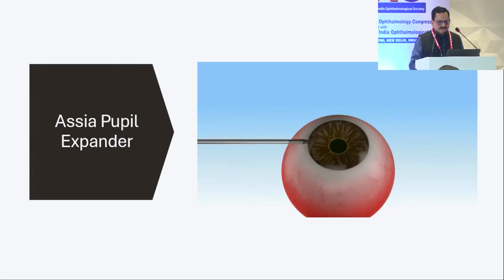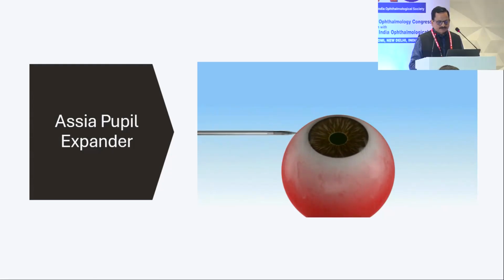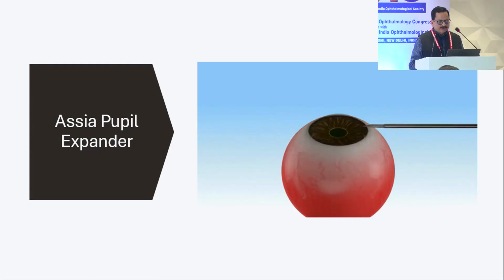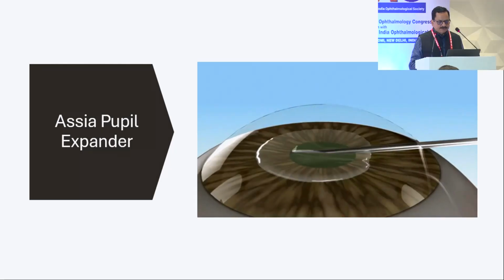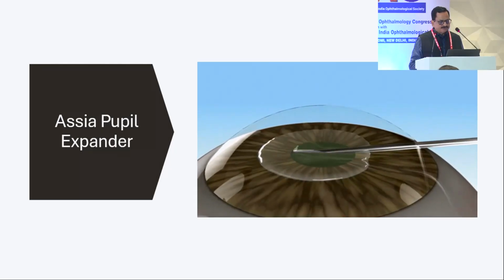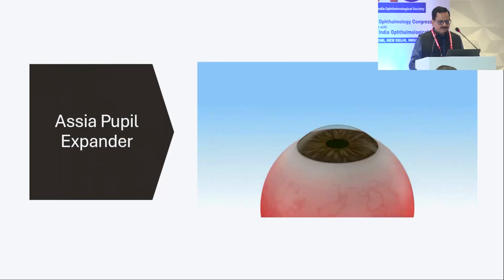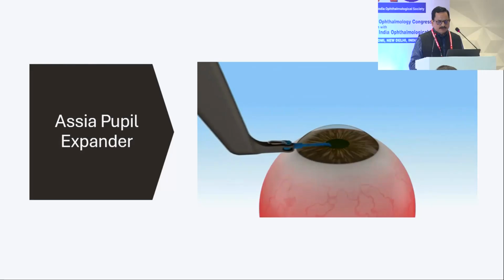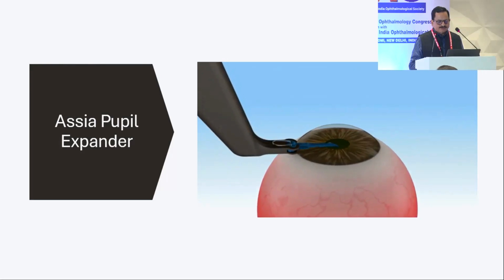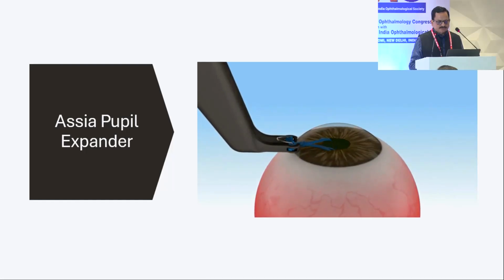2 19-gauge side port stab incisions are made parallel to the iris plane opposite to each other. A cohesive ophthalmic viscosurgical device is injected to fill the anterior chamber and raise the pupil. The APX device is inserted through the stab incision until the pivot is within the incision. The terminal tips are then positioned behind the iris sphincter one at a time, and the forceps are slowly released